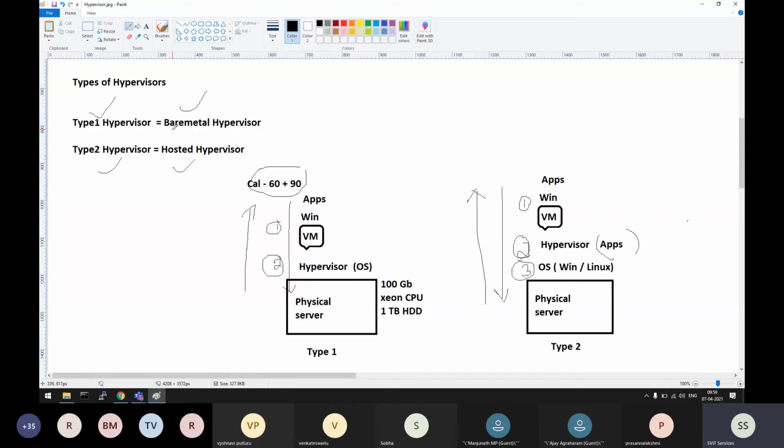So type 1 bare metal means directly on the hardware, the hypervisor works. Understood. What I want to know is, the physical server which uses the OS, is it the bare metal hypervisor or the direct boot?